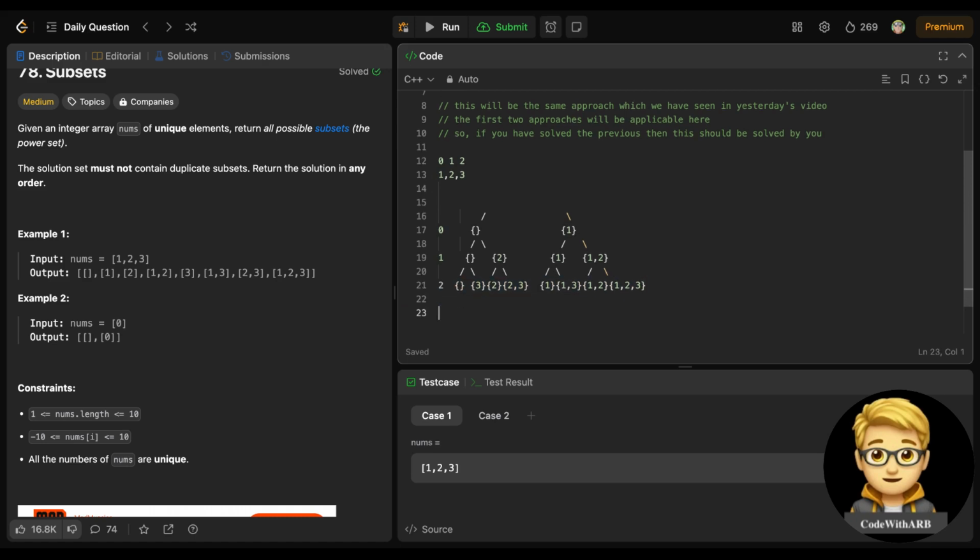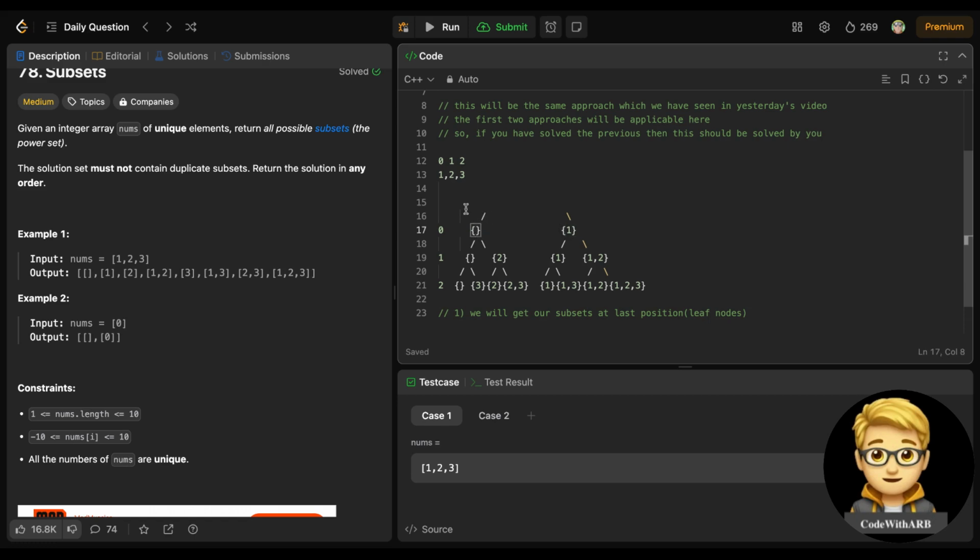It means that one thing is confirmed: we will get our subsets at the last positions, or leaf nodes, right?